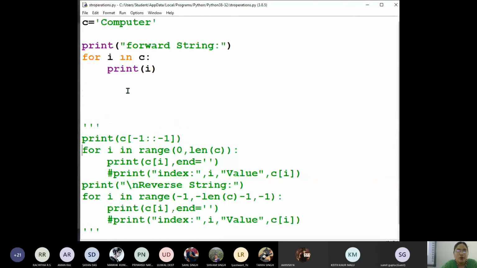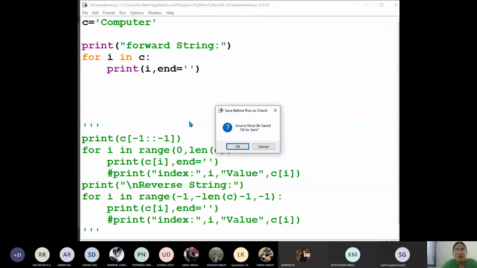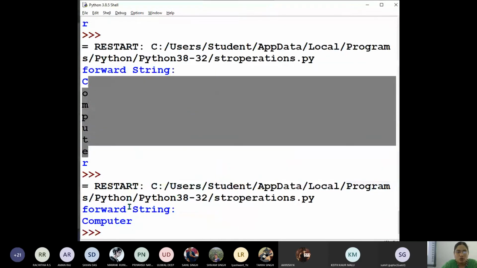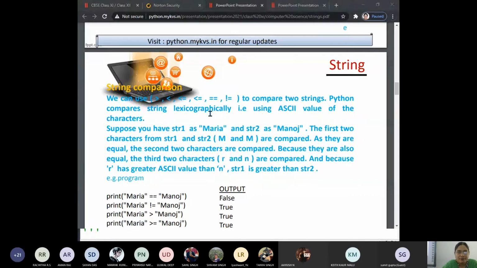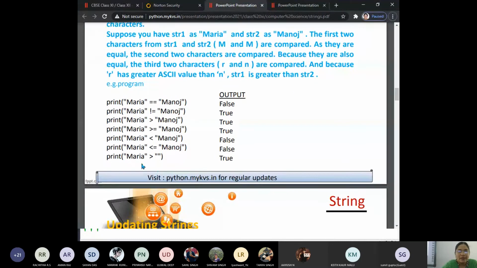The same thing, if you want to get it in the same line: every print statement by default terminates with a new line. So we don't want to terminate it by a new line. Instead we want to end with just blank, no blank also. Then you will get output like this. Is it clear to everyone?